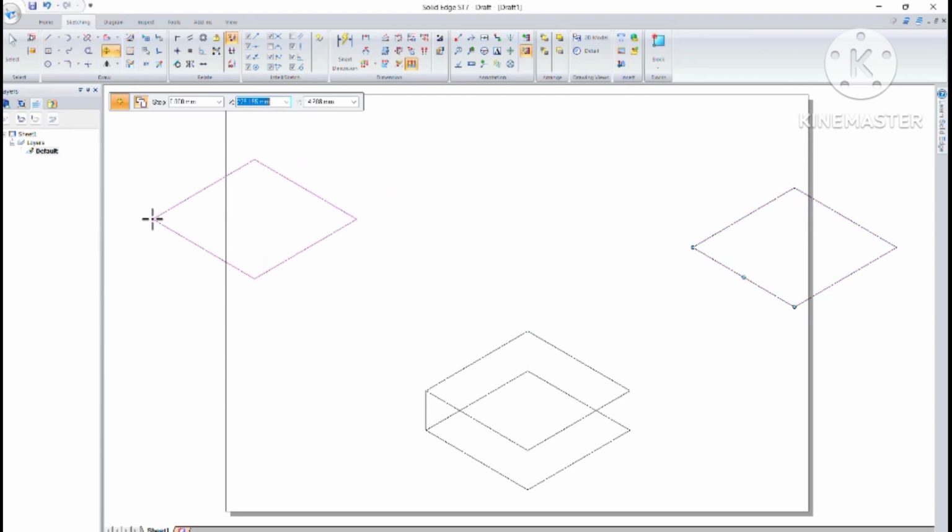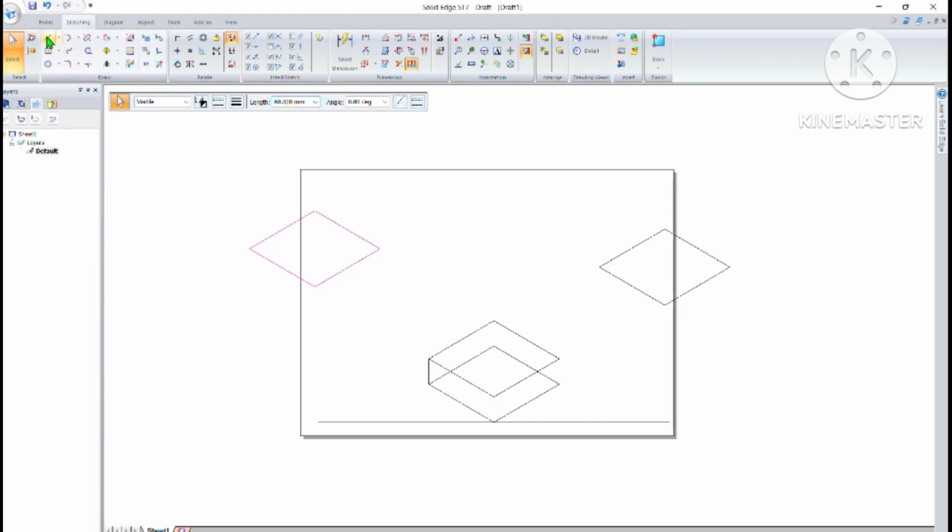Step 2. Creating the square block. After setting up the reference line, we move on to drawing a square block. The square block serves as the base on which the frustum of the square pyramid will be placed. The dimensions of the square block are: length, 60 mm. Height, 20 mm. To construct this block,